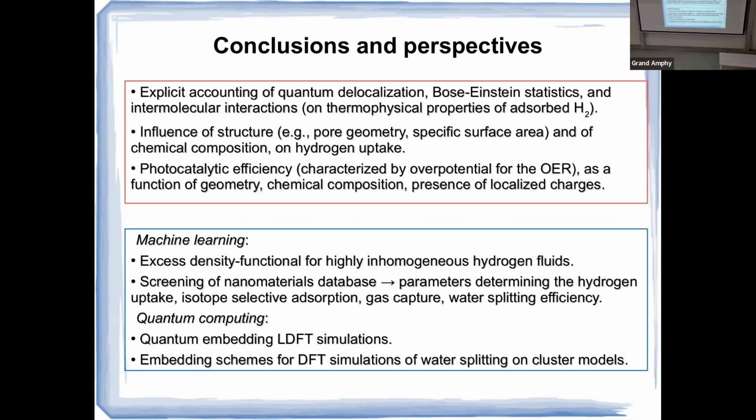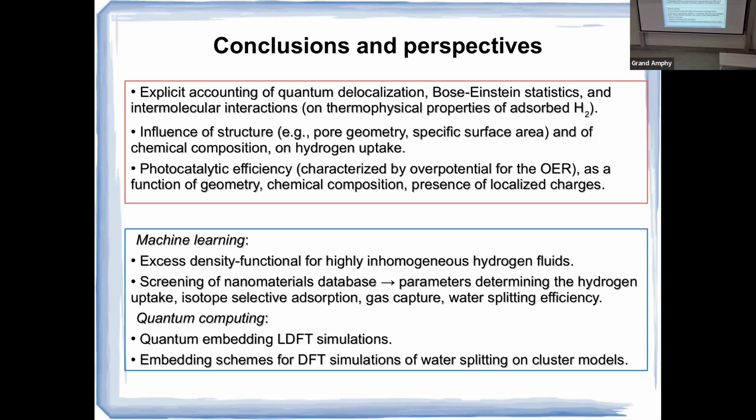So I will skip the conclusions. The main idea here is that, for the two problems I have presented, we have a candidate material with certain chemical composition and structure. We have a theoretical method that combines quantum mechanics and statistical mechanics, and you get out as a result of the calculation a prediction for the efficiency of the material for the target application, as accurate and as realistic as possible. You see that this is different for the case of hydrogen storage than for hydrogen production.